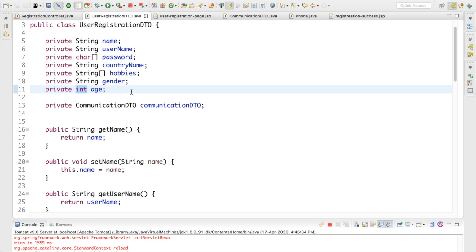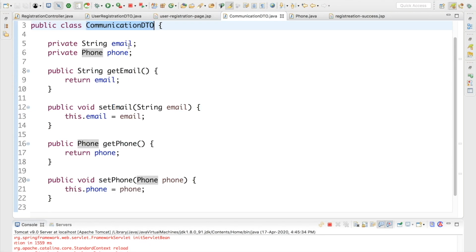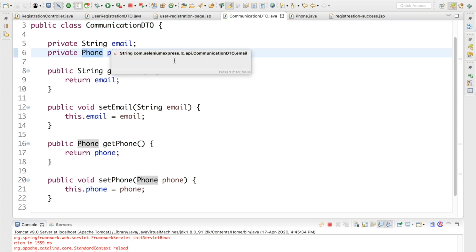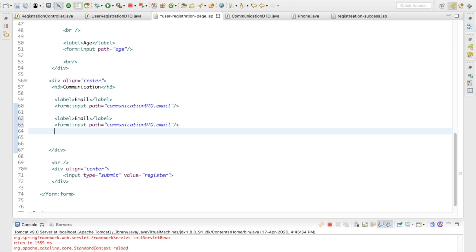But what's wrong is happening with the Phone type. So if I go to the communication DTO, if you see here, the Phone type is an object itself. It's a class, it's a reference type, or it's a special type, right? So if I go to my user registration page, and if I create the text field for Phone,